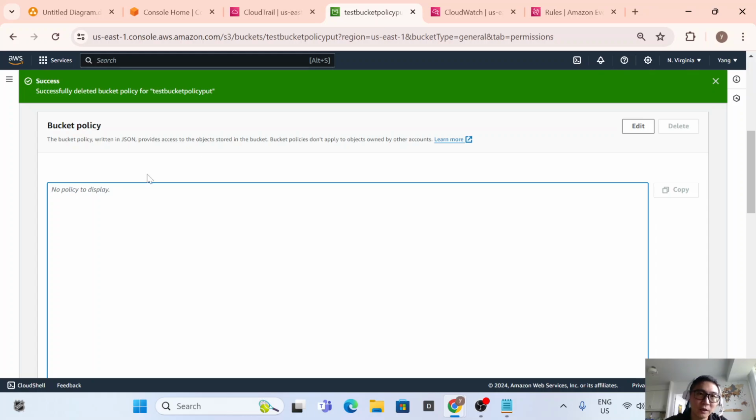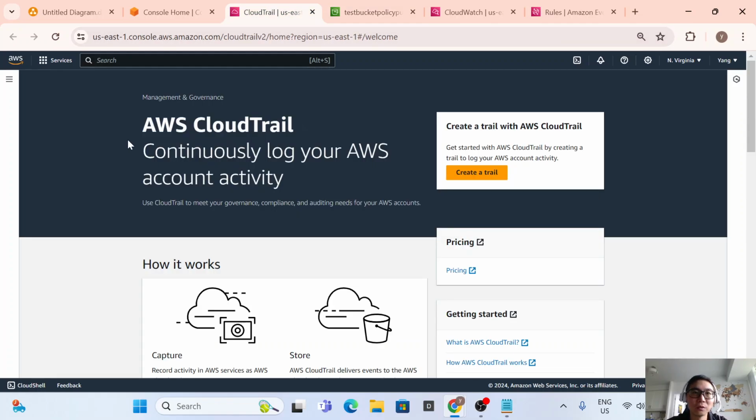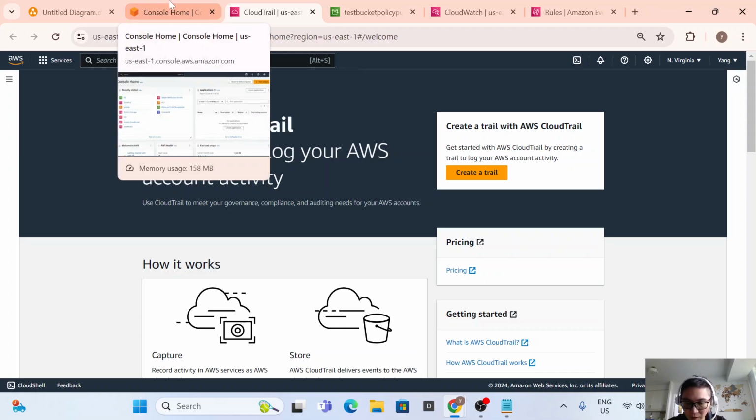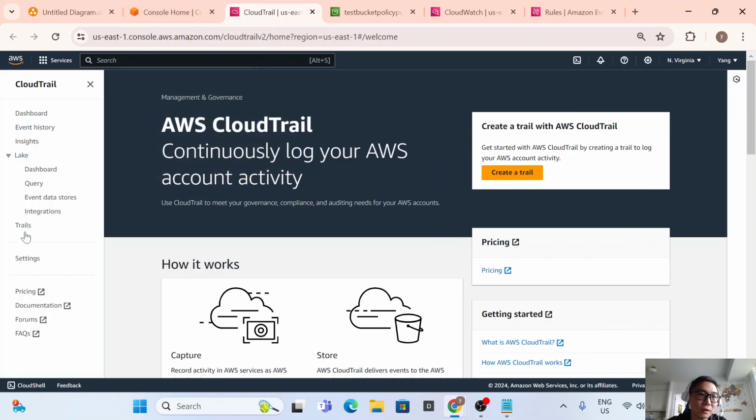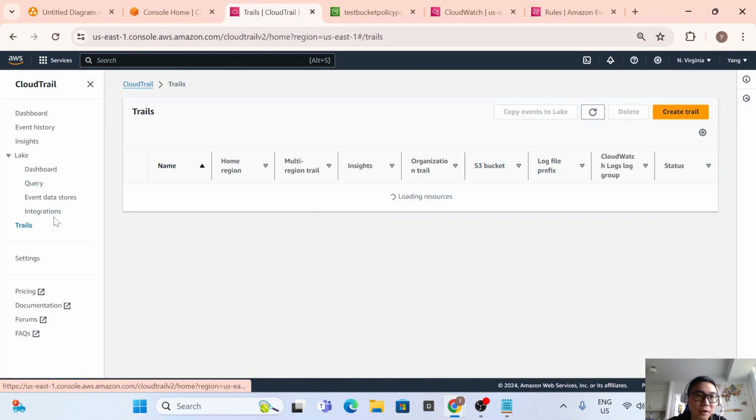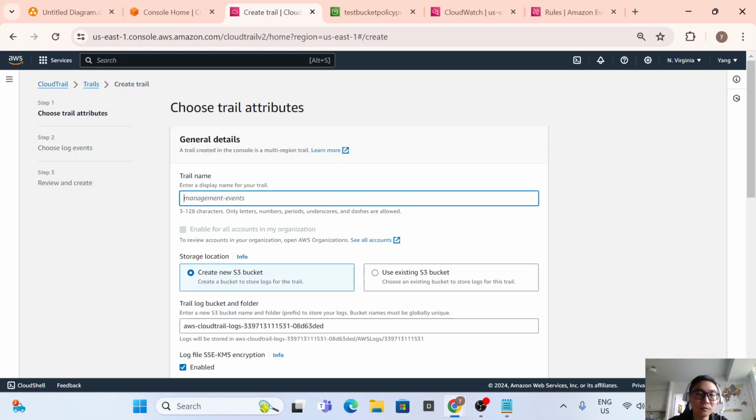So if someone puts a policy in here, our trail can notice that, and the trail will have the record, so EventBridge can notice that and send the log to our CloudWatch log group. Okay, so then we go to our CloudTrail. Because it will use the API calls, we need to enable CloudTrail. So we go to Trails and create a trail, and we can just call it management trail